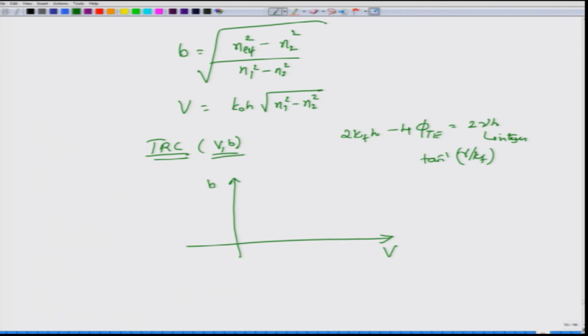So, this B versus V curve, which we will see for optical fibers as well, would look something like this. You would have the TE modes, and then the next group of modes like this, and then the next group of modes. So, given the parameters, you can first find out the corresponding V number for your waveguide, and from there find out the propagation constants for the different modes. We will discuss this approach when we talk about optical fibers in more detail. Thank you very much.